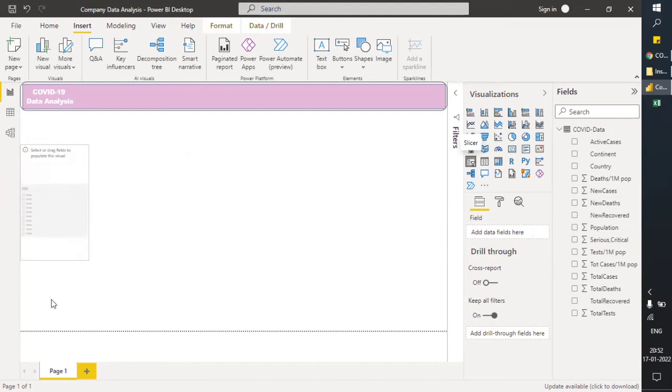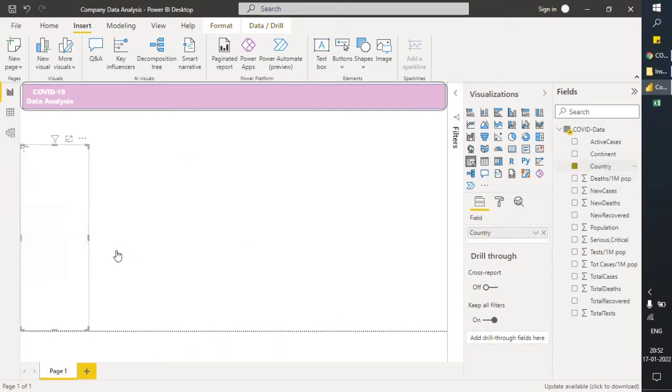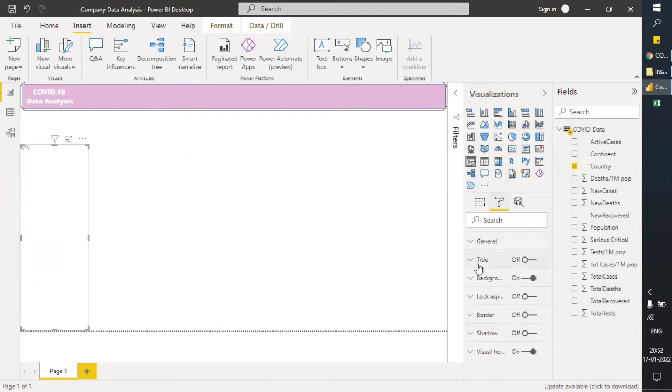We have it here, let's put it down and let's select country. Where is country? This country. Okay, in country, let's go to the settings, and in settings, in general, not in general, in title, let it load first.